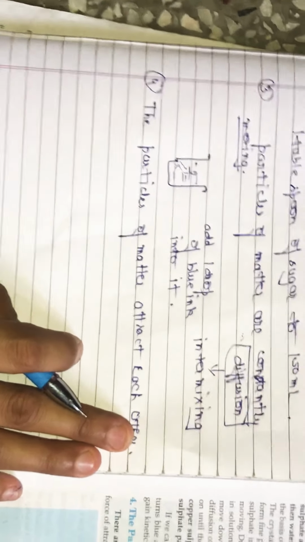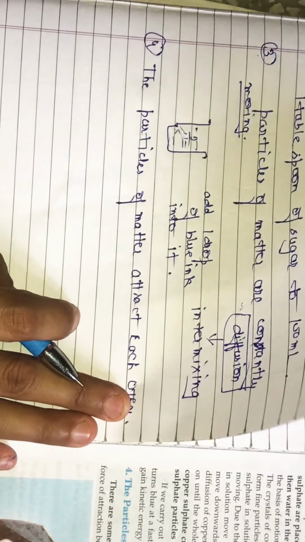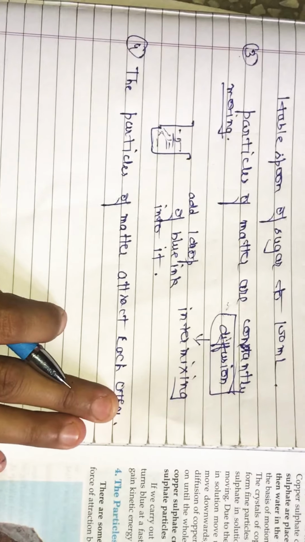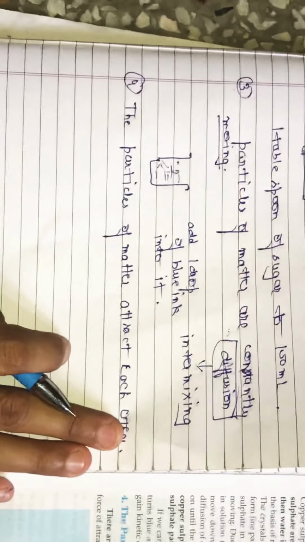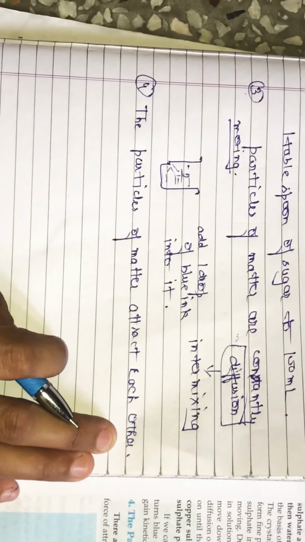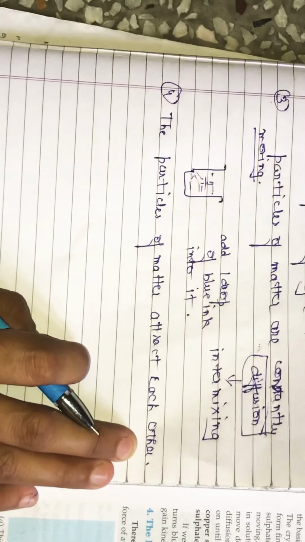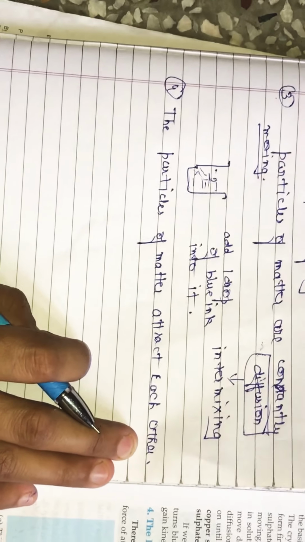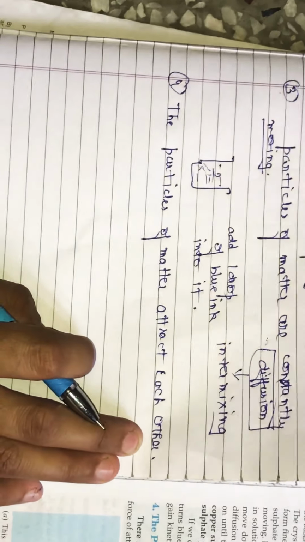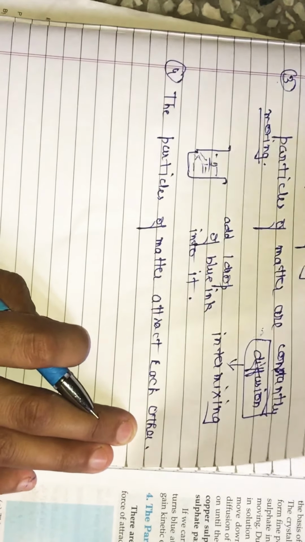Okay, similarly iron: in iron the force of attraction is very strong, and unless you hammer it, it will not break. So these are the different examples which show that particles of matter attract each other, and this attraction varies from substance to substance, right? If it is a strong solid like iron, the force of attraction will be strong. In the case of chalk it will be less, in the case of a sponge it will be least. Okay, so on this basis we have done our 4 properties.